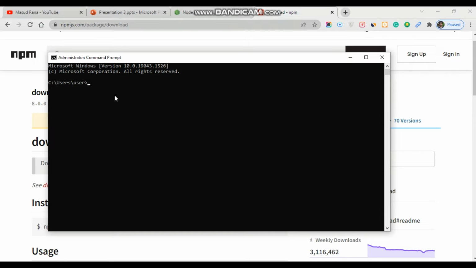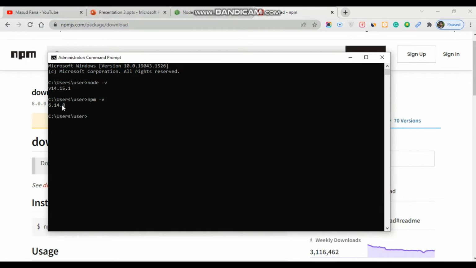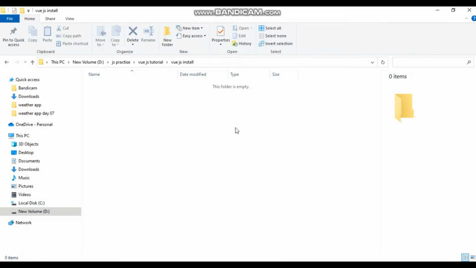I will check the node version like that, node. Okay, then I click enter. That is my current node version. Okay, then I will check again, the npm version. Okay, here is my current npm version. So yes, I will come back to my